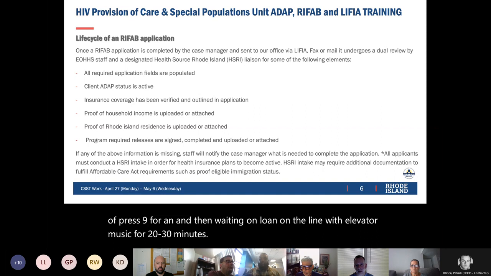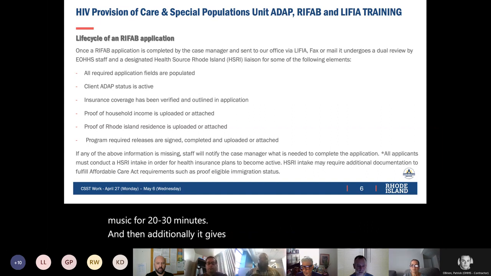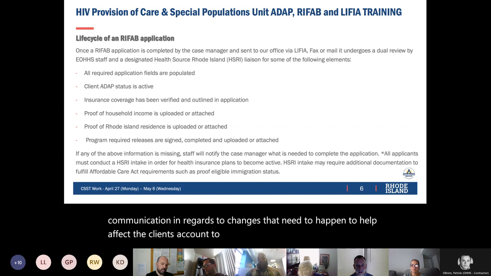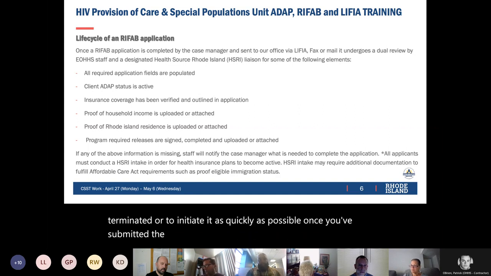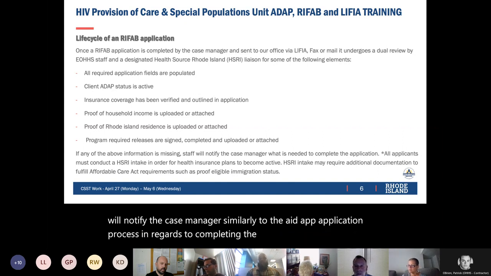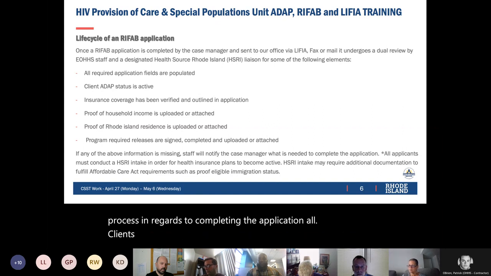And then additionally, it gives us the ability to have ease of communication in regards to changes that need to happen, to help affect a client's account, to either terminate it when it needs to be terminated, or to initiate it as quickly as possible once you've submitted the application. If the above information is missing, staff will notify the case manager, similarly to the ADAP application process, in regards to completing the application. All clients who apply for RIFAB will have to conduct or take part in a HealthSource